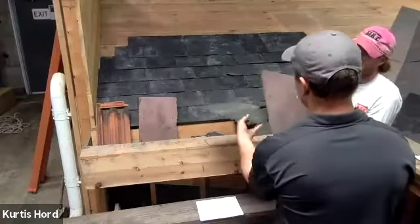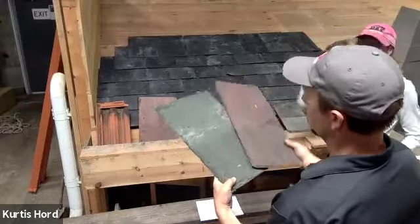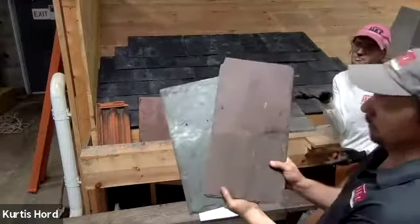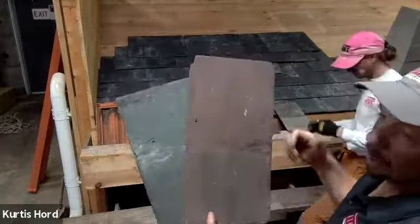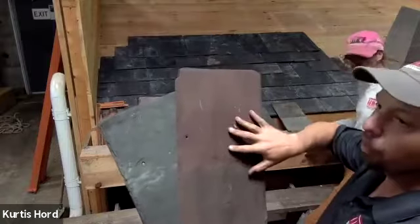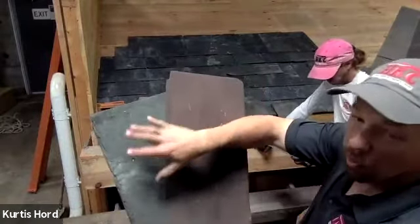These two are kind of like peanut butter and jelly. You often see them blended on roofs. They're both Vermont slates. Right. Yep. You'll oftentimes see a combination of unfading purple with a green, whether it's a mottled green or a variegated